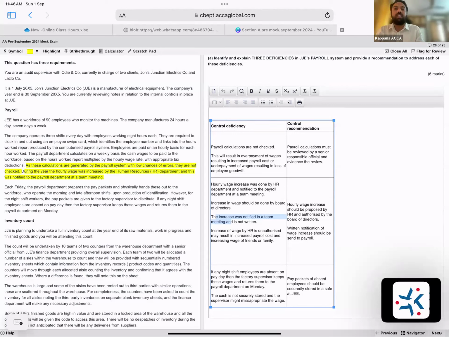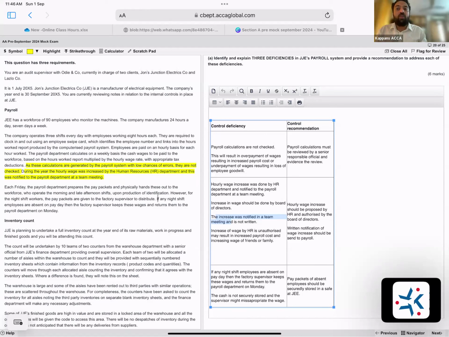Now, what will be your control recommendation? That is pretty much simple. One, increase of wage should be proposed by HR department, but approved and authorized by the entire board of directors. And second one, written notification of wage increase should be sent to the payroll department. And the last paragraph,